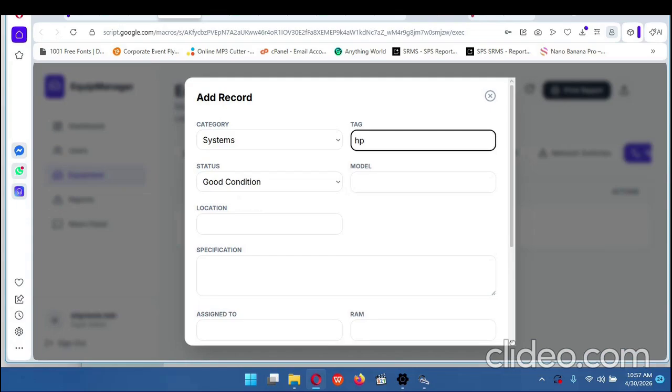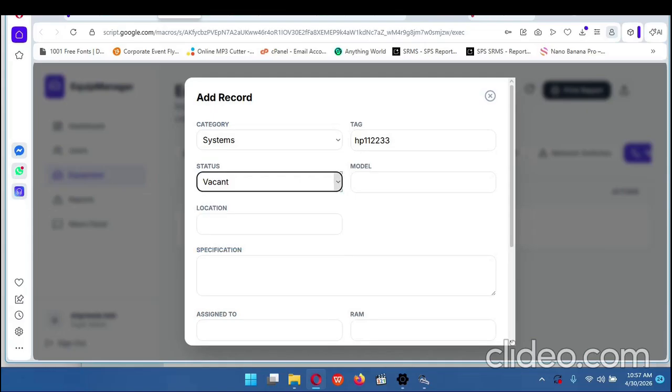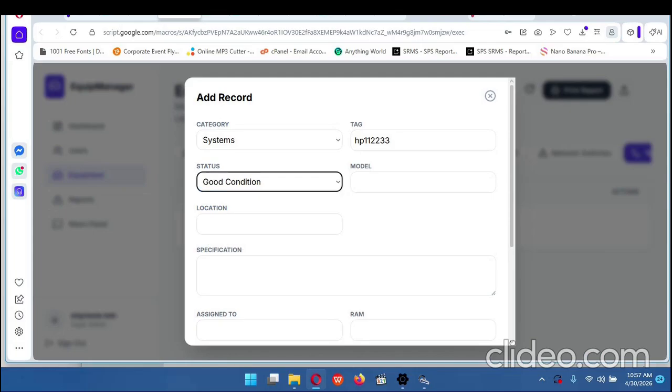HP 112233, for example. For the system, I will select the status, whether it's in good condition, faulty, partially good, or vacant. If I don't want to add anybody, I can select vacant, meaning I don't want to assign it to anybody yet. And if I want it to be set as in good condition, I will add it. Then the model of the system